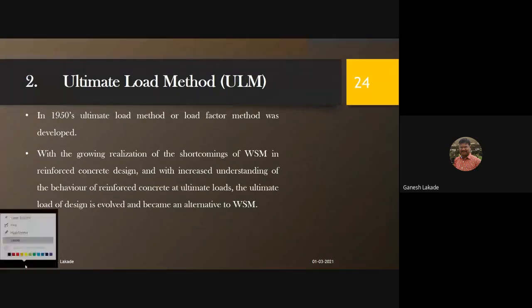Linear means that if you plot a graph of load against deflection, or we can say stress versus strain,